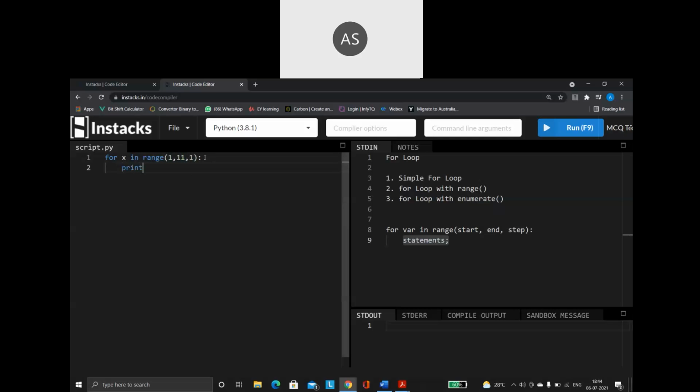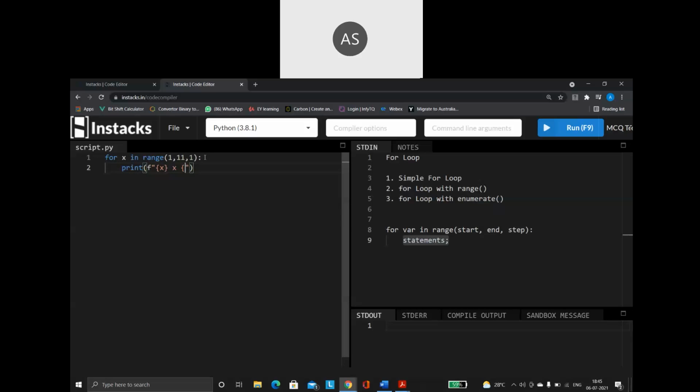I am saying print x. First print the x value, so let us go for a formatted string. Print the x value, then print one multiplication symbol.